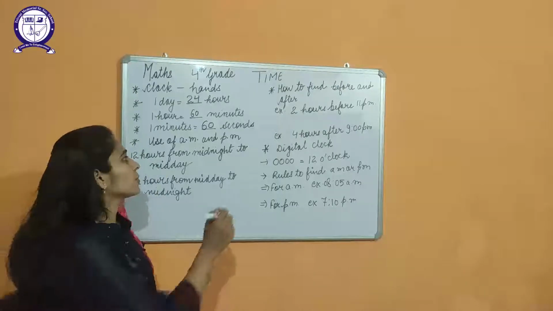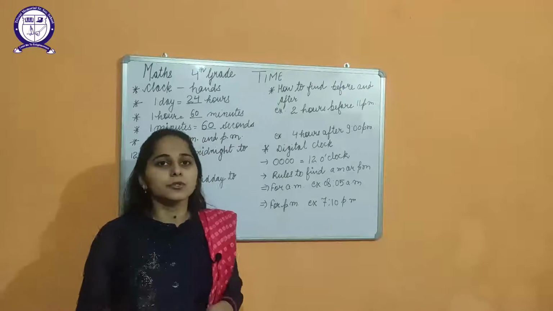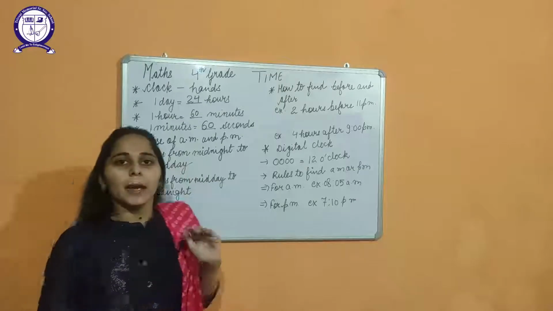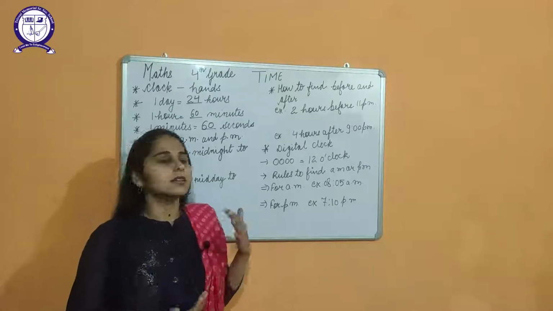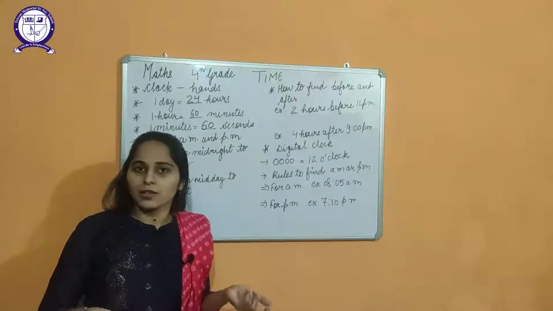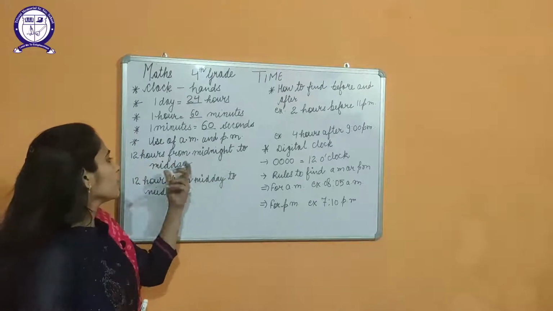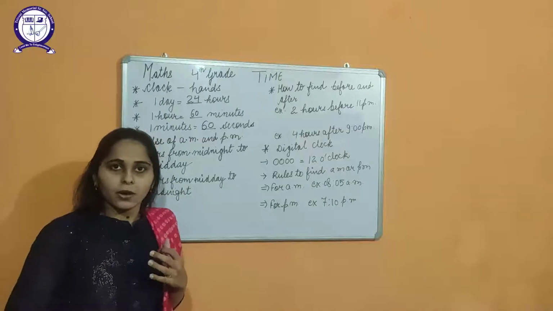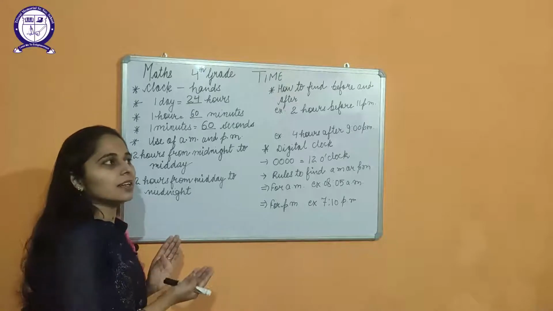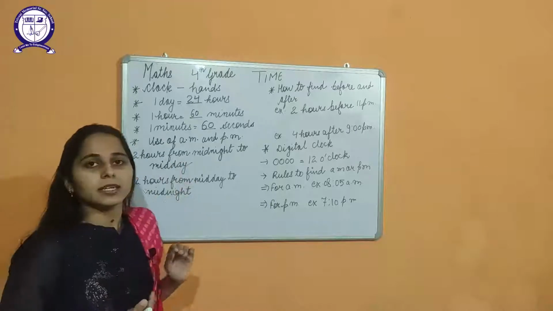So, use of AM and PM. Now we'll discuss the differentiation between AM and PM. AM is the anti-meridian and PM is the post-meridian, students. Now, 12 hours from midnight to midday. Midnight is when you're sleeping, and midday is the noon time in which you used to take your lunch or do any special activities. So 12 hours from midnight to midday are to be considered as AM. Okay, means the time after 12 o'clock in the midnight, even if it is 12:01, is also considered to be under AM.